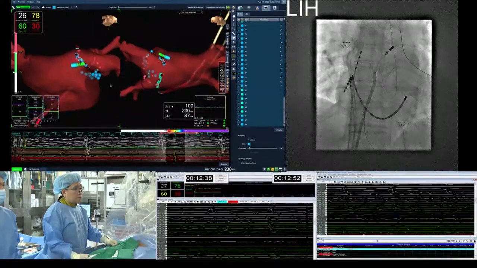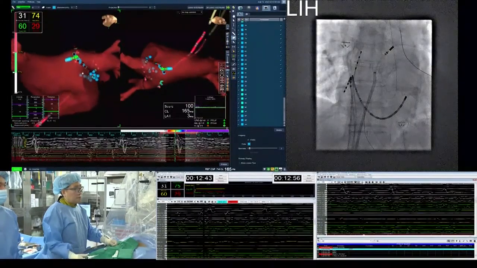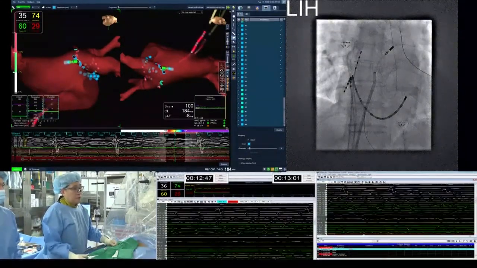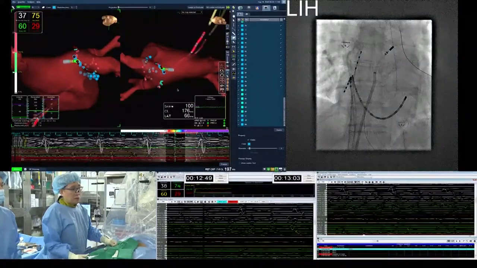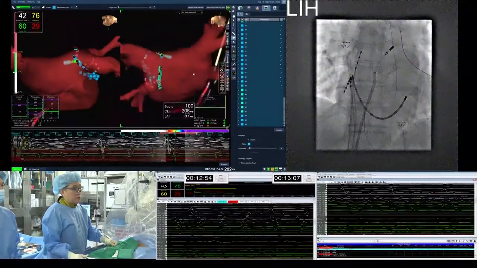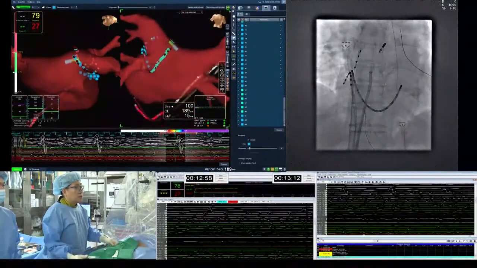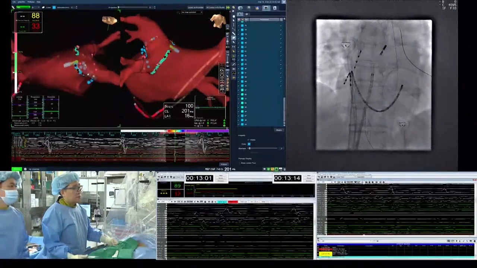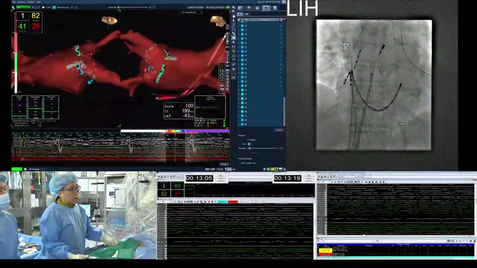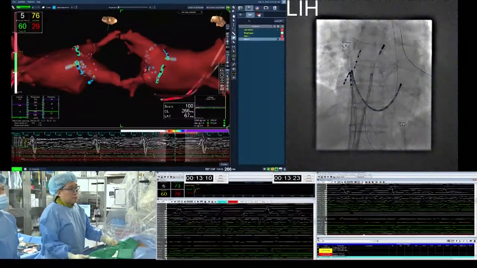Okay, push the ablation catheter inside of the pulmonary vein and twist the sheath, make a second curve. And then your ablation target is matched to the antral area. If you make a second curve, don't try to change the catheter position and make a torque on the catheter. Just push and torque with the sheath, not the catheter alone.